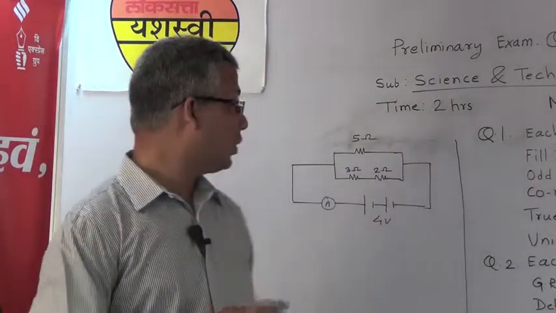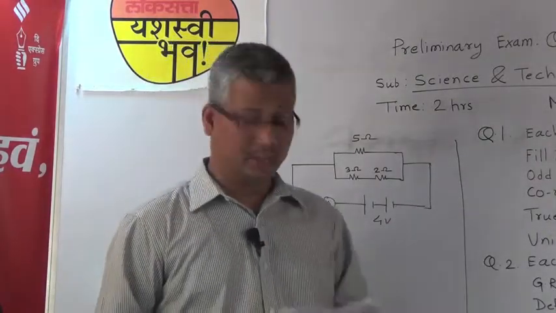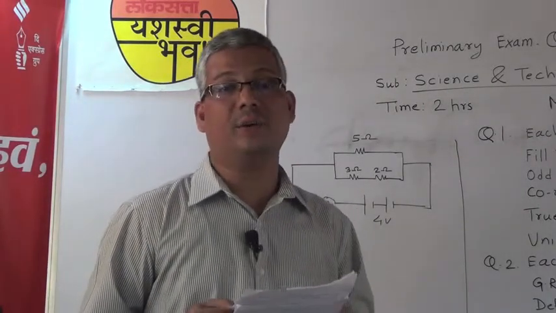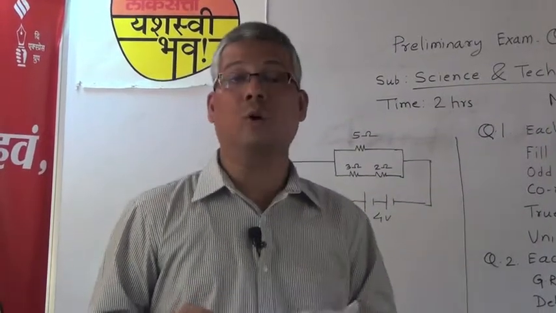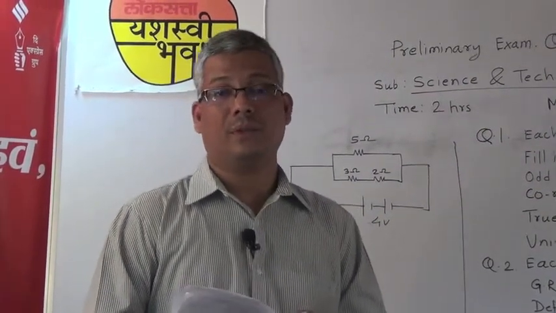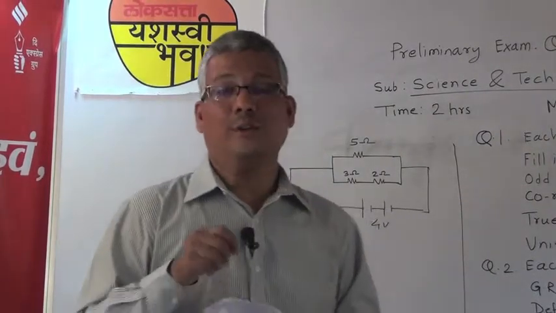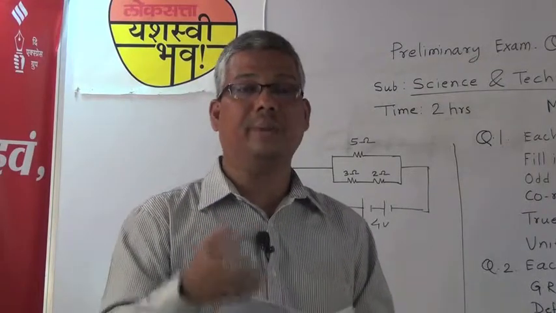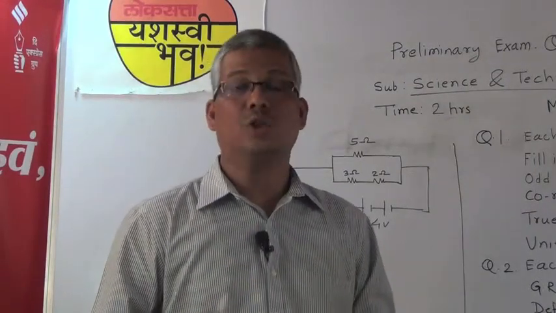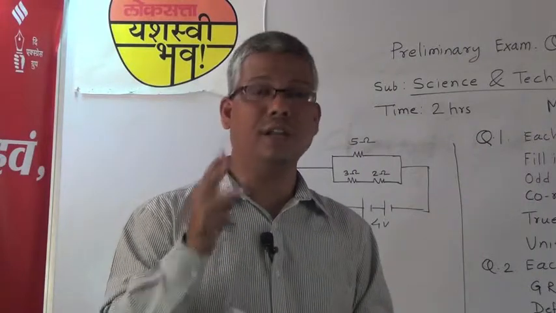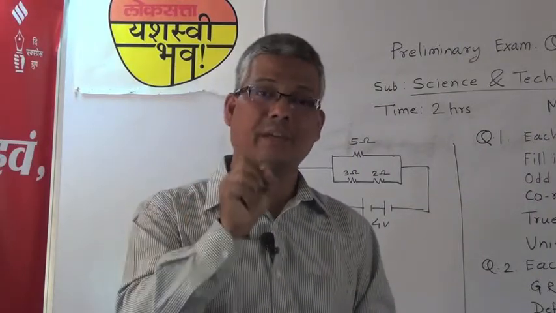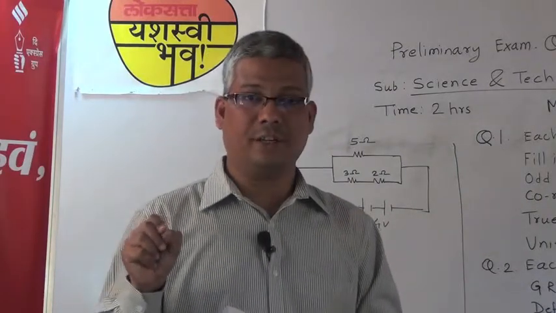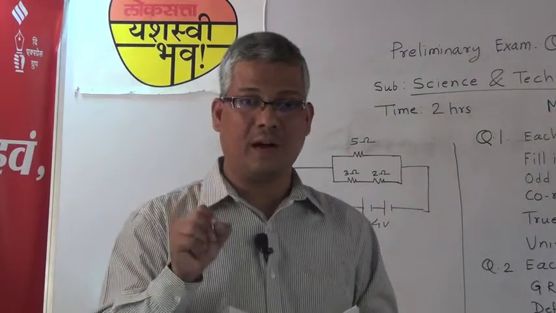Now question number 3. In our paper, 5 questions are asked in question number 3. The first question is related to the merits of the modern periodic table over Mendeleev's periodic table. So what is expected here? First of all, you should know the demerits of Mendeleev's periodic table. Then only can we find out the merits of the modern periodic table. So while writing this answer, write it in 3 points. Over each demerit of Mendeleev's periodic table, mention the merits of the modern periodic table. So nobody will reduce your marks.